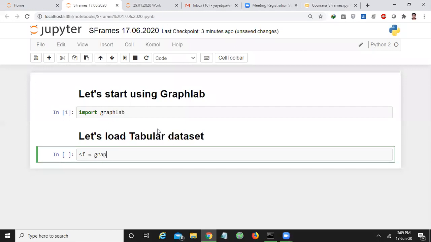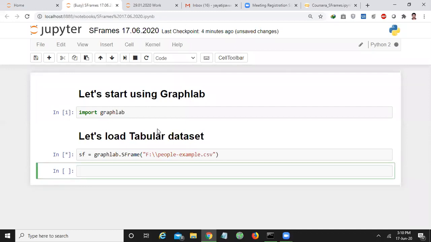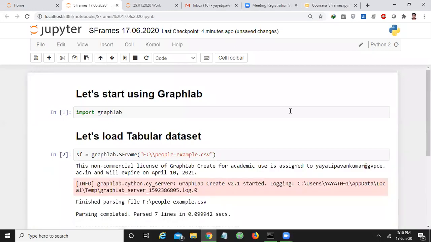So SF is equal to GraphLab dot SFrame of. Here I want to load the CSV file, that is people-example.csv. This is the file I want to load, and I want to create an S frame for it.